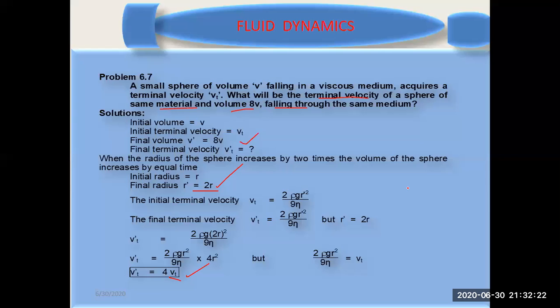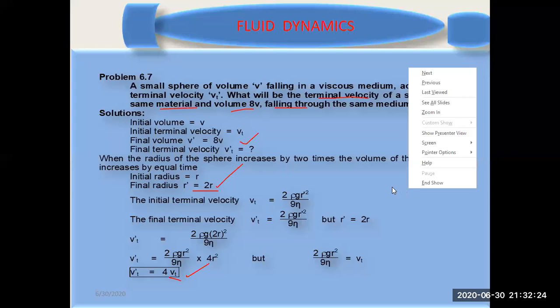Welcome back, dear students. We are learning some techniques to solve some of the problems which are linked with fluid dynamics, and we have